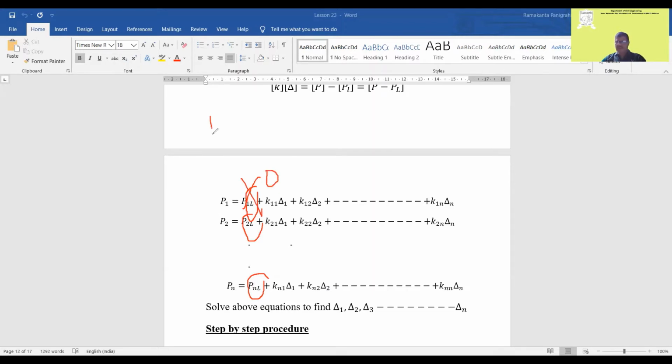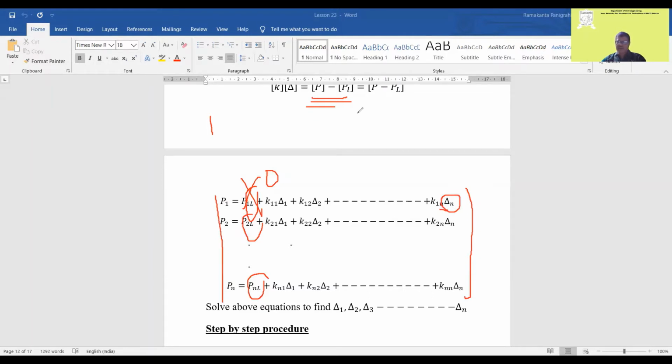Right? We have seen P minus PL. So now PL comes to this side, K delta plus PL. So we can find out P1L, P2L, P3L this way. At any joint, if there is no applied force, then this component will be equal to 0. Now you have the simultaneous equations. There will be n unknowns, delta 1 to delta n, and n equations. So we can find out the values.